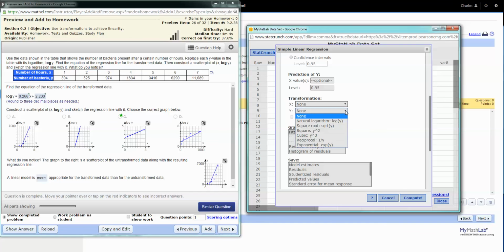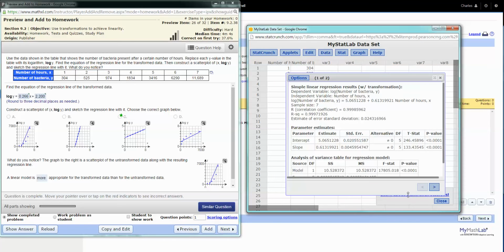If I left click this down arrow, we'll notice that the selection here is the natural logarithm, but it is incorrectly noted as log of y. And in fact, if you look through this list, there is no correct notation for the logarithm base 10 of y. So if we left click this and assume that it's going to use the traditional logarithm, and I left click compute, I will end up with this